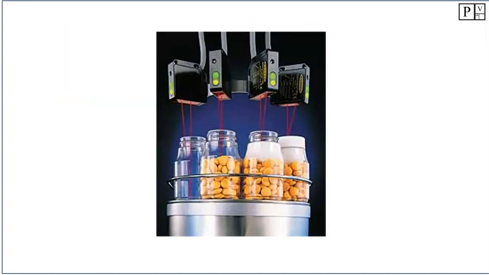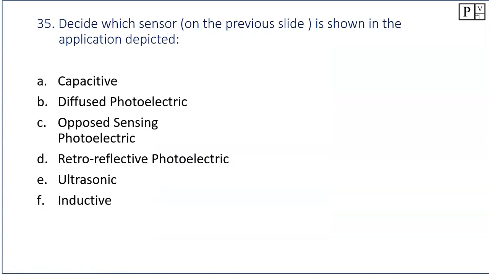Okay, next one. It looks like there is a red LED going out. So this one is looking for filling. Again, it's an LED, so it's a photoelectric sensor, but there is no receiver on the back end here. There is no reflector. So based off of these options right here, this again is going to be the diffused